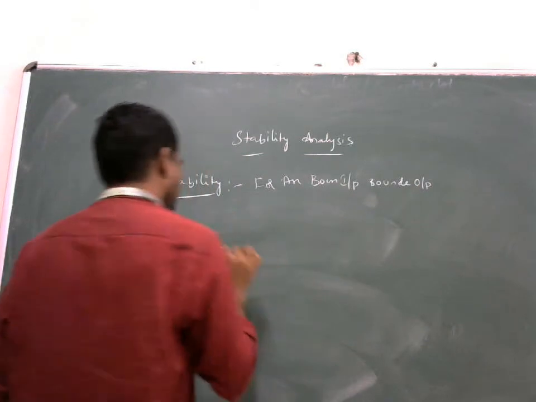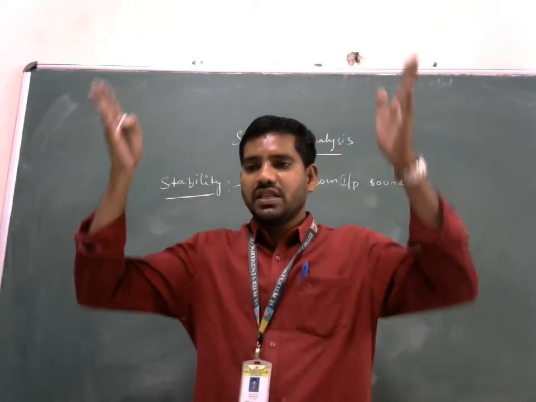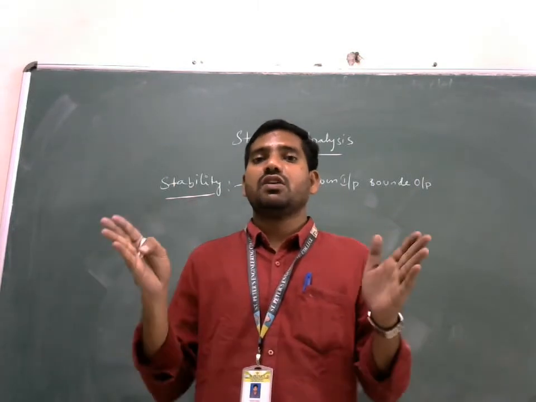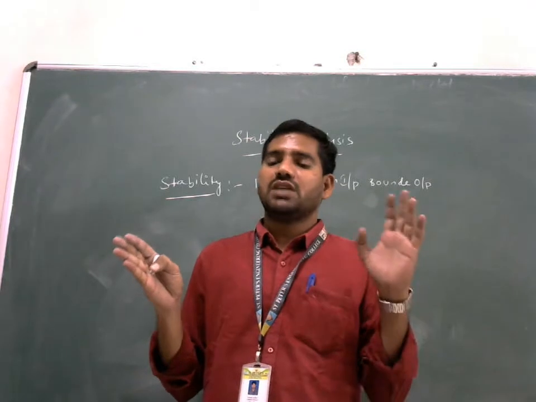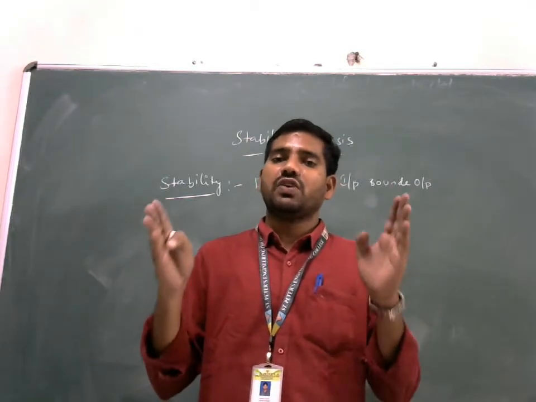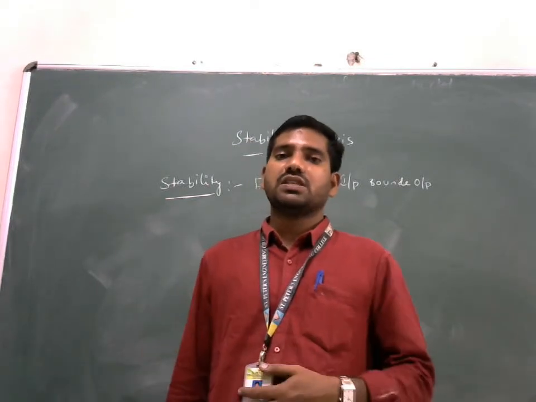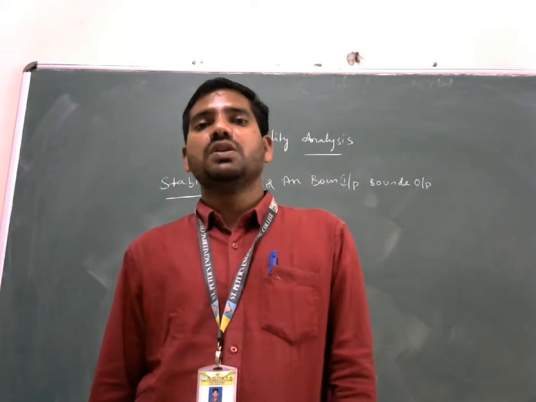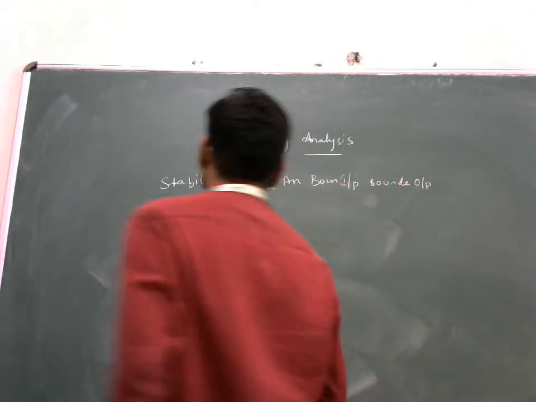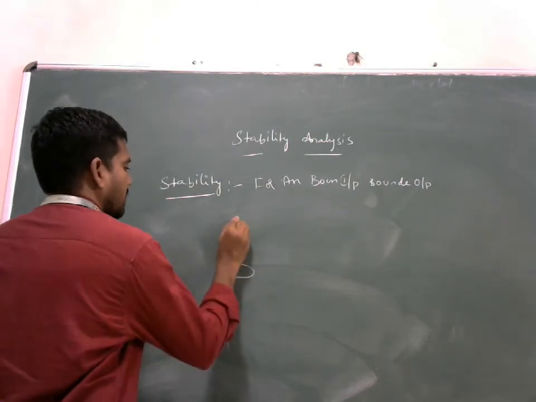For example, if I am telling you to stay up to these limits only, it must be within these limits only. You need to go from 0 to 100 kilometers. Whatever input is applied, the output will be between 0 and 100 kilometers only. That is a bounded output. If the system has a bounded input and a bounded output, then only the system is stable.